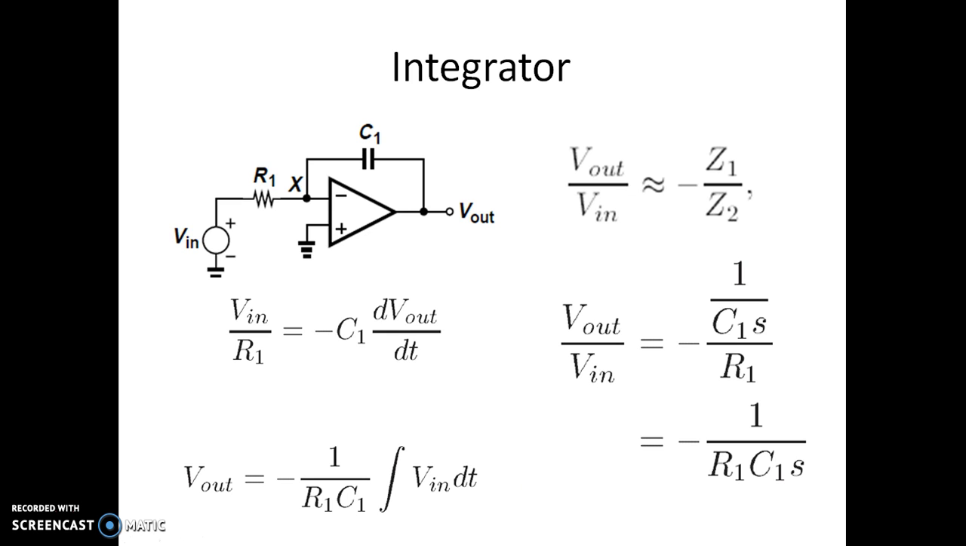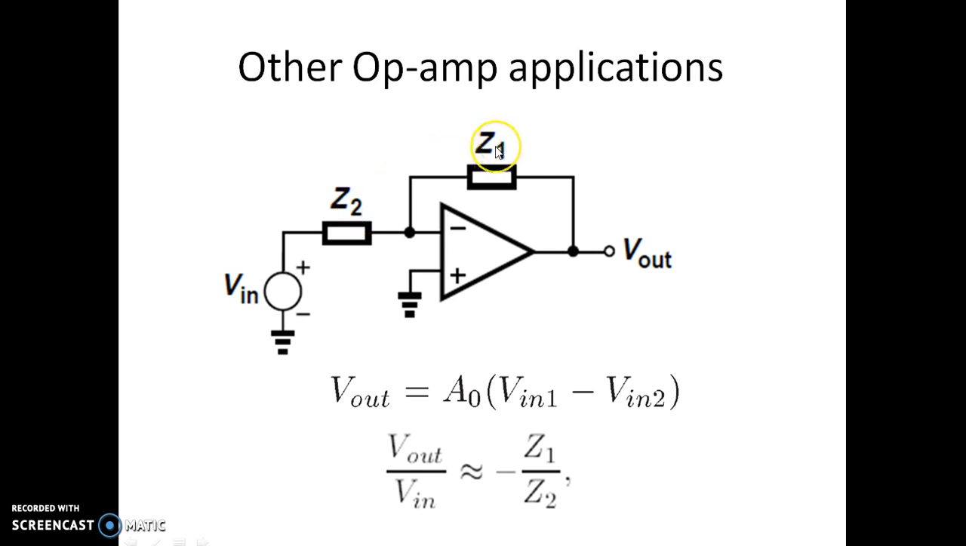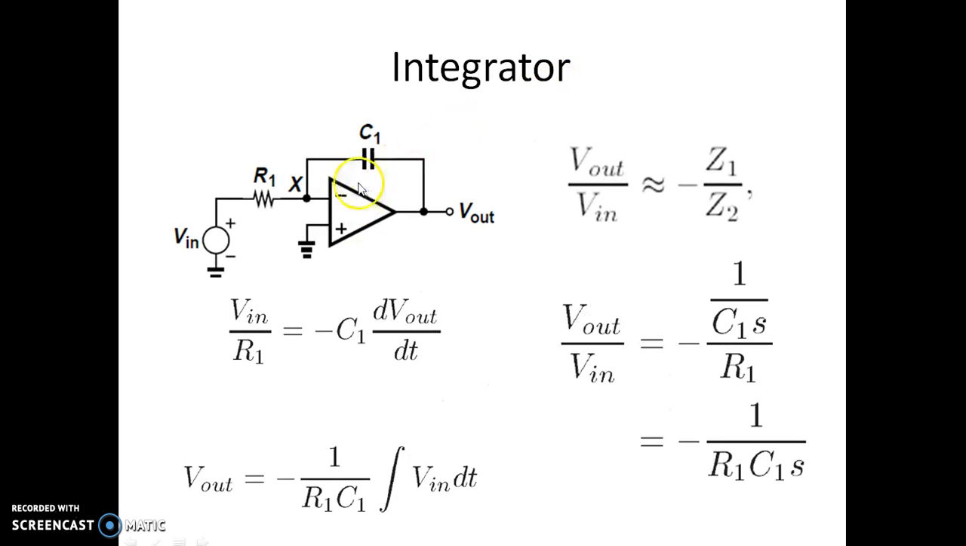So let us consider this. Instead of Z1, Z2, in place of Z1, let us have a capacitor. In place of Z2, we have a resistor in this integrator circuit. So now this is replaced by C1, now this is R1. So we can write the expression for the current that is flowing here. The current that is flowing is Vin minus 0 by R1. The current that is flowing here is minus C1